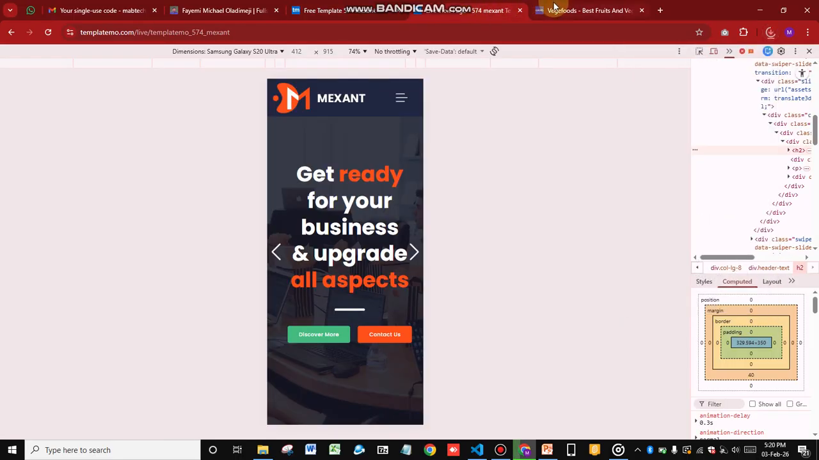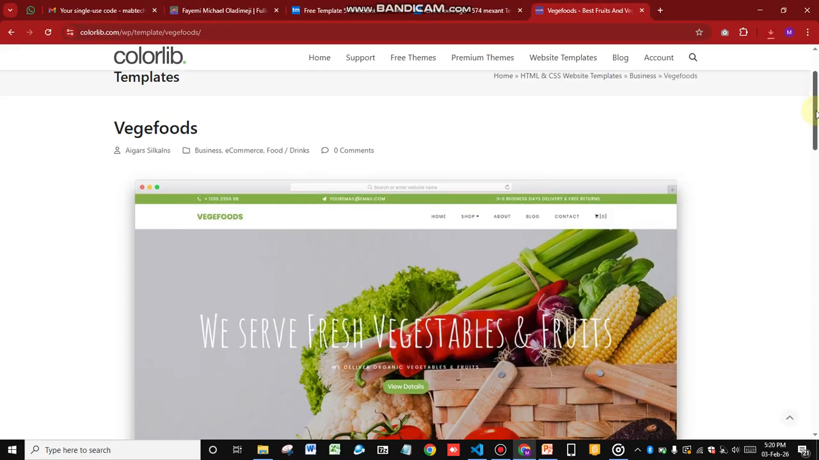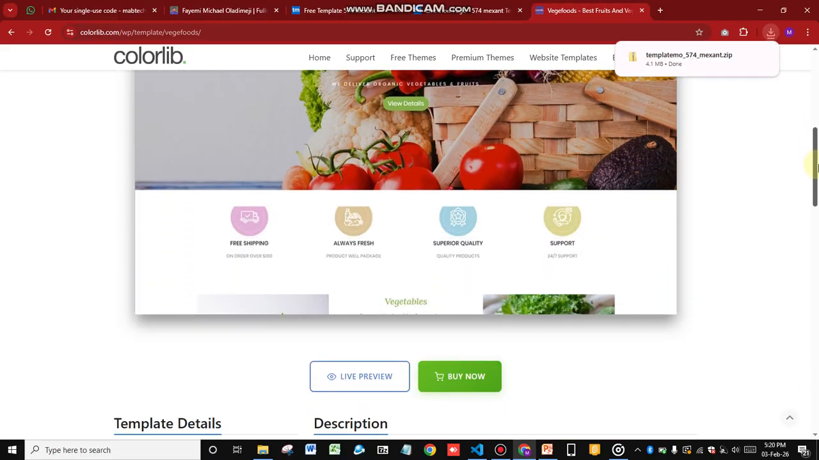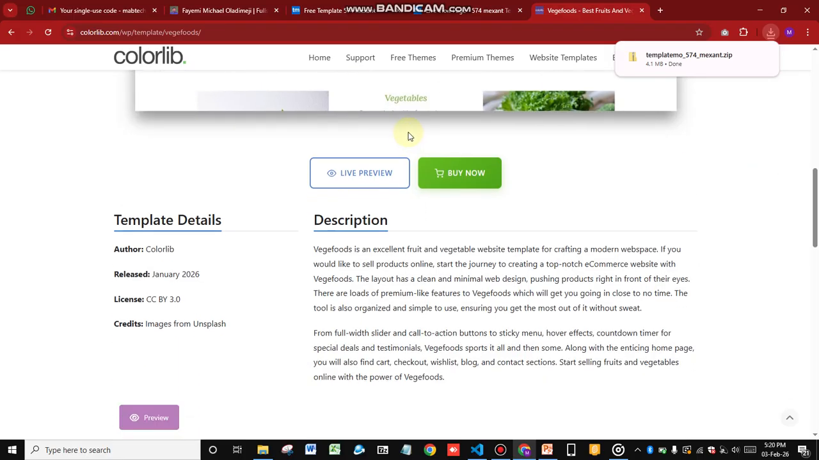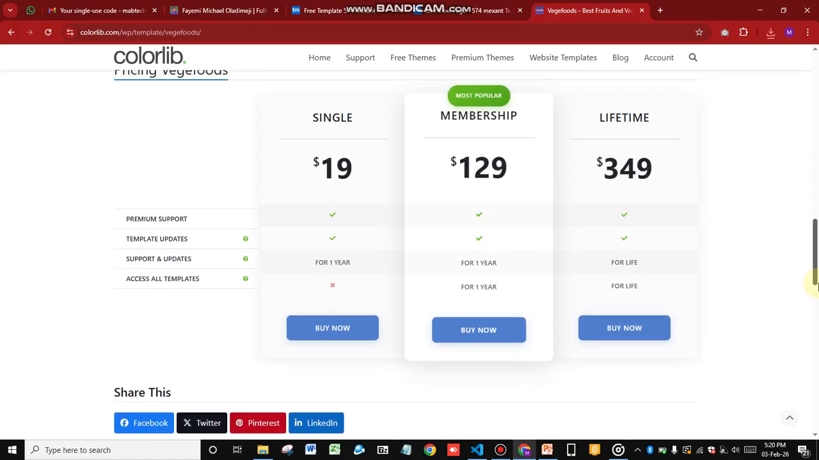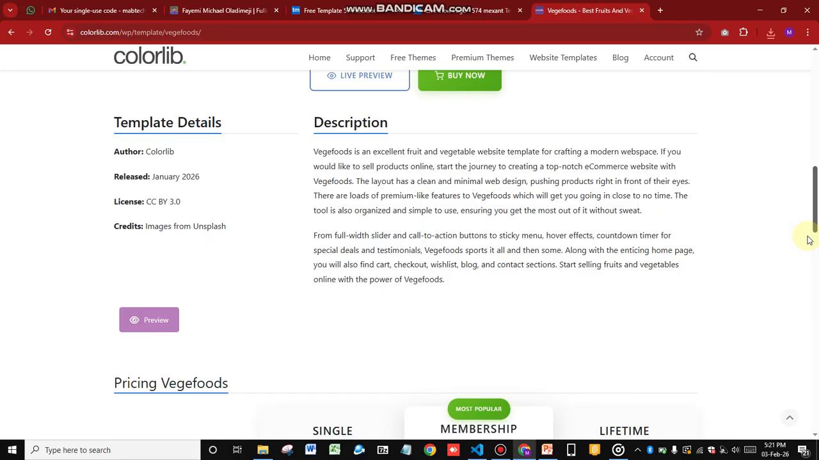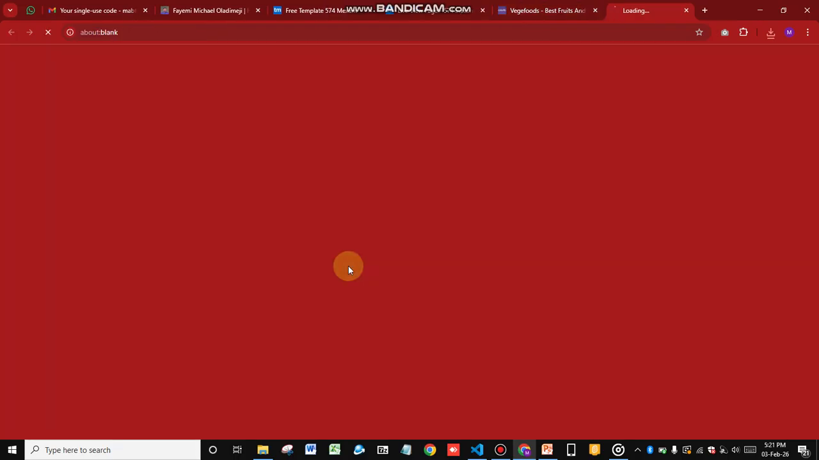So we have another one here, our veggie food. Let me cancel this and scroll down. Beautiful. All right, so we have live preview. We also have buy now. If you want to pay for the template, you can pay, but mostly it's not necessarily a pay. So there's a way we actually do it. If you just click on live preview,